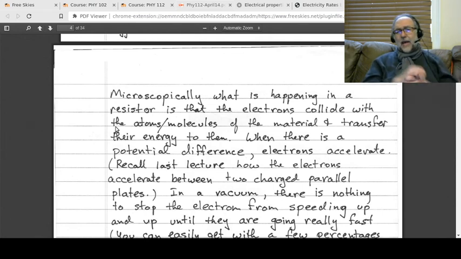Like the distance between atoms is somewhere about 0.1 nanometers, okay? So they don't travel very far before they hit another atom. They hit another atom. They hit another atom. And as you can imagine, every time they hit an atom, what are they doing? They're transferring their energy to that atom, or molecule. They keep transferring the energy,